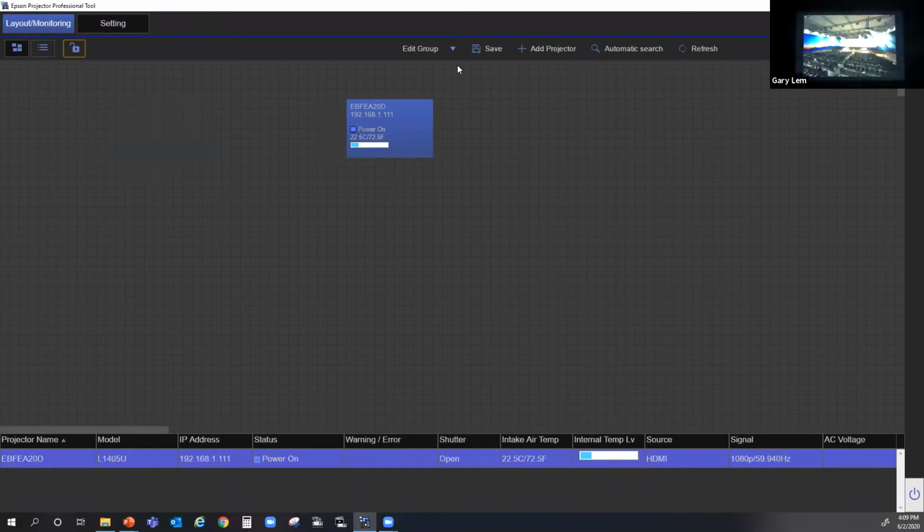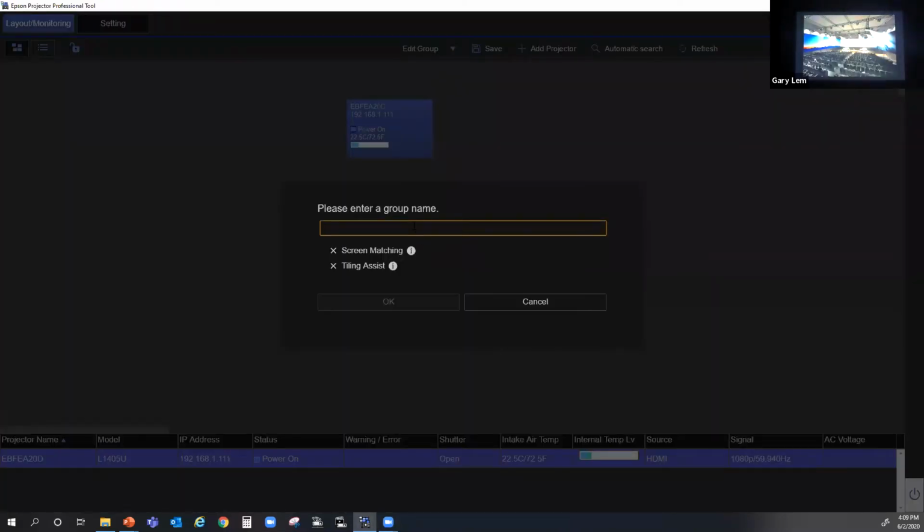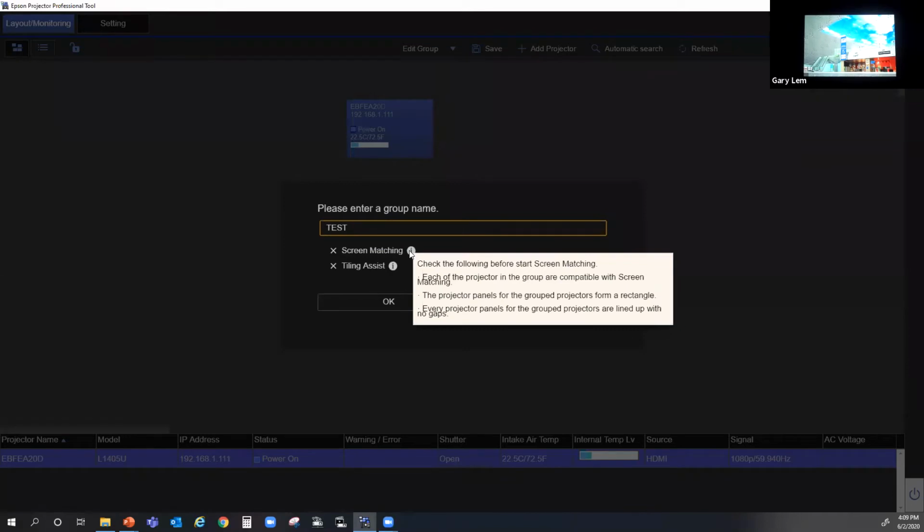I have the ability to create these groups. And typically these are designed with screen matching and tiling system in mind. So if we just hover around the information section, the information is pretty much identical for both. It says here, check the following before you do screen matching, as well as you can slot in tiling assist as well. So for each of the projectors in the group, make sure they're compatible with the screen matching